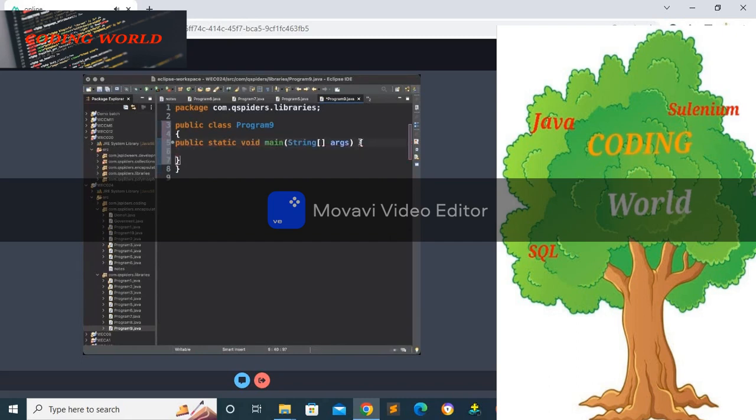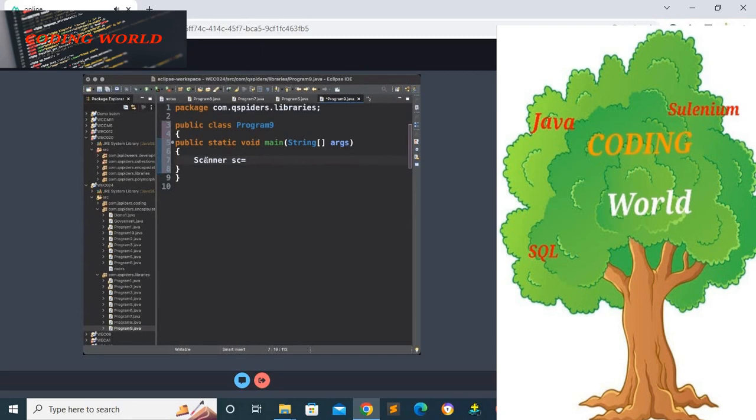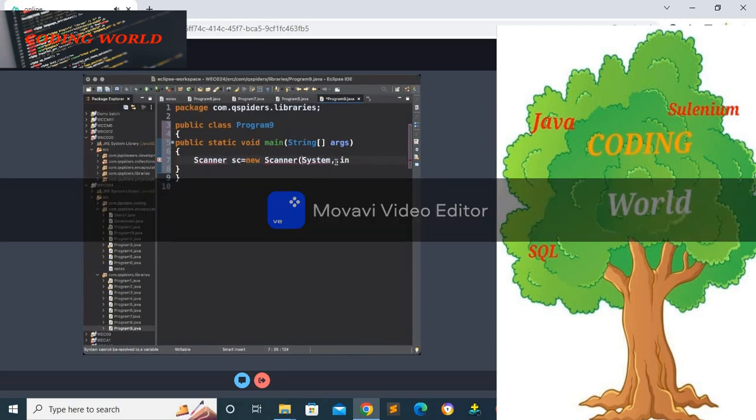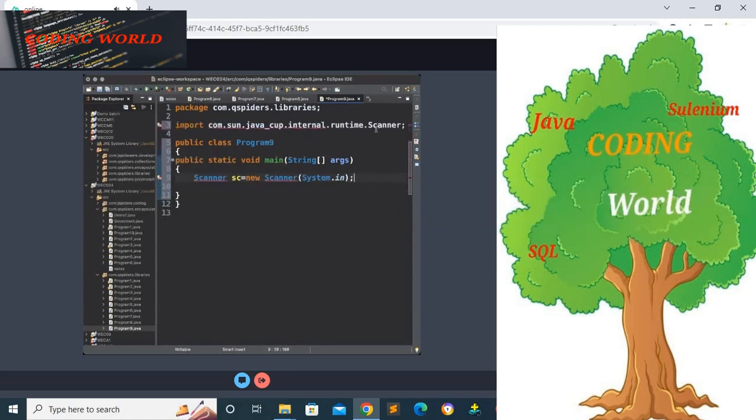Inside the main method, Scanner sc is equal to new Scanner(System.in). So let me have the import statement, and after this,